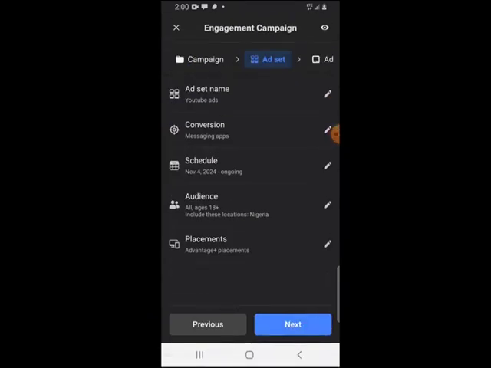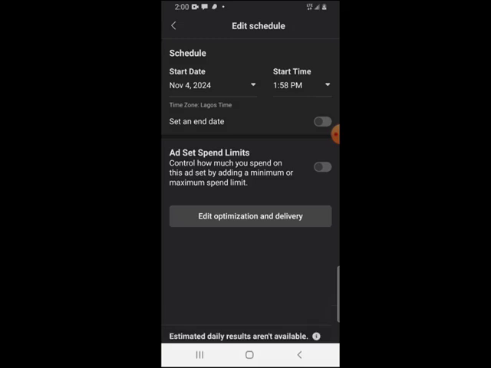So for my schedule, like how do I want the ad to run? So this is my own trick here. You want to leave the ads running. So this is the start date, but I'm not going to be putting an end date, because I want the ad to run. With this running ads, you can easily fund your account without so much problem from Facebook. Okay, so I'm gonna just leave it like this